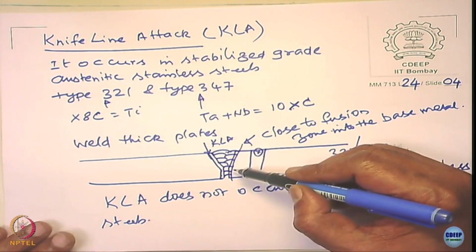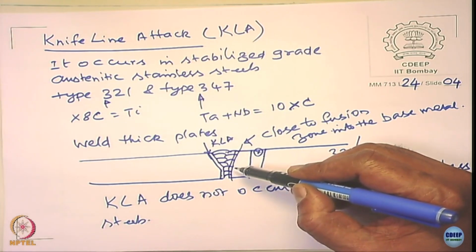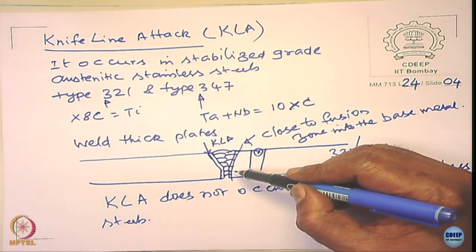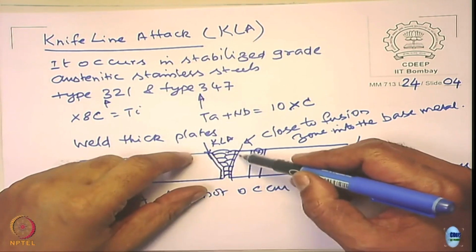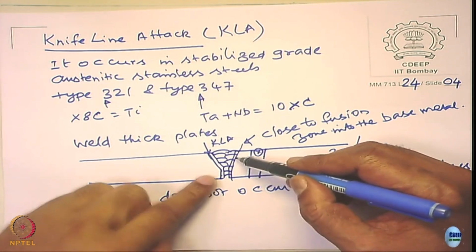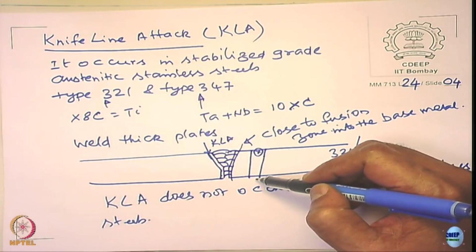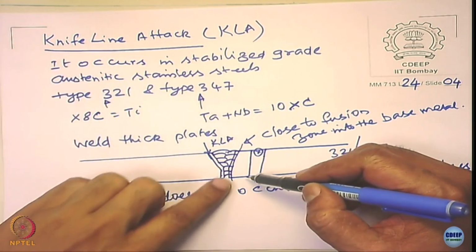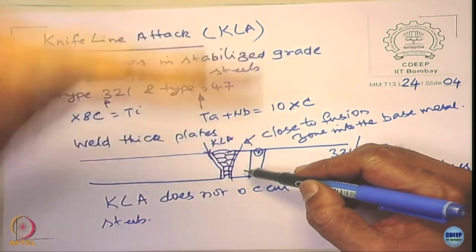When it dissolves, please understand, there is no sensitization, chromium carbide forms only because you are reheating it by the welding process. If you take, for example, a single pass welding, what will happen? There will be no sensitization. Why? Titanium carbide dissolves, but that does not mean the chromium carbide forms automatically. That means the carbon is still in solid solution, chromium carbide does not form. So if you weld a thin plate with single pass welding, then you have no issue. Because the thick plate, because you are welding at different heights,